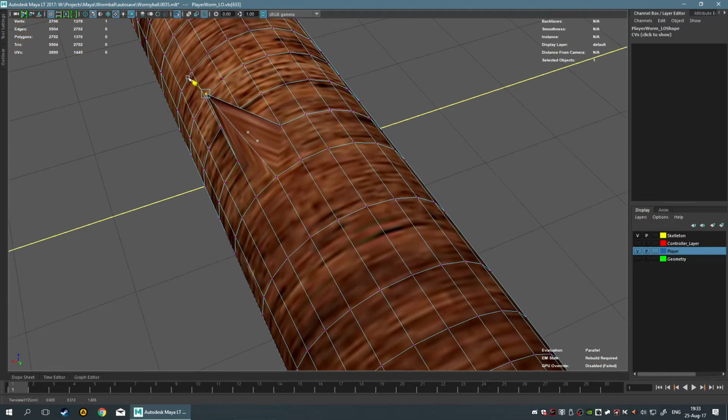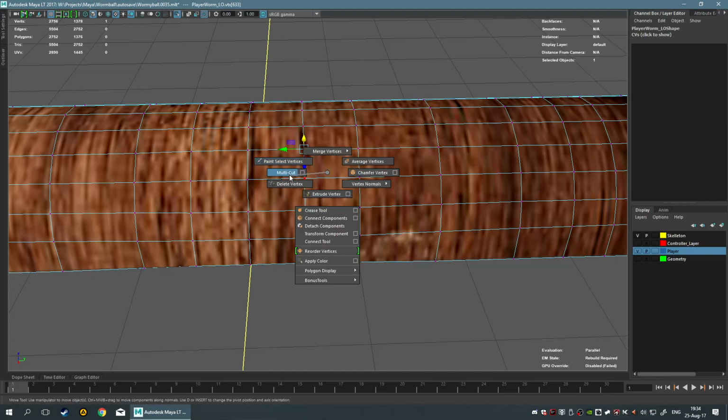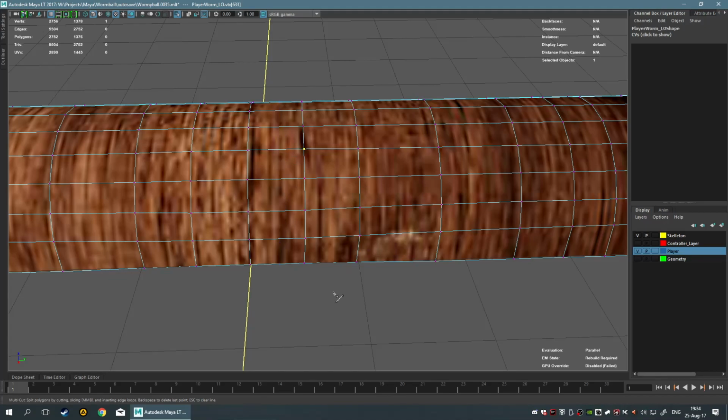And even if I move it up or down, because I've been sliding it so far, it just creates a huge amount of problems. The only time it's not going to create an issue for me is when I create more edges, right? So if I go ahead and select my multi-cut tool and I just add an edge, and I'm just going to create